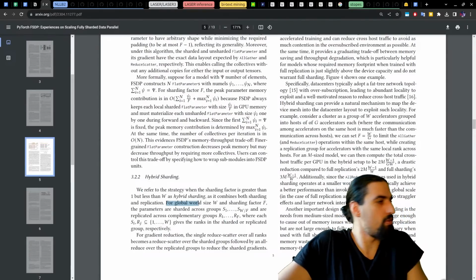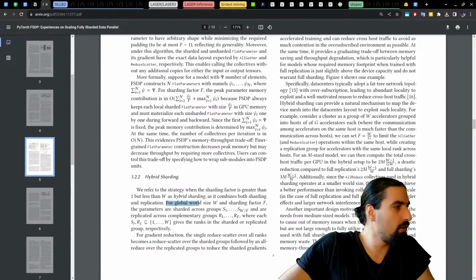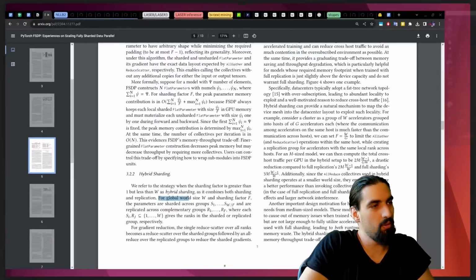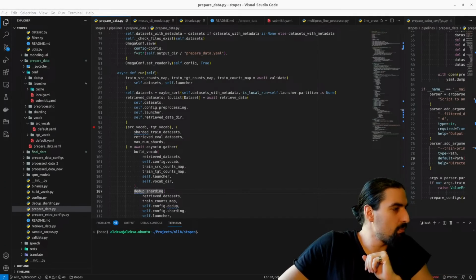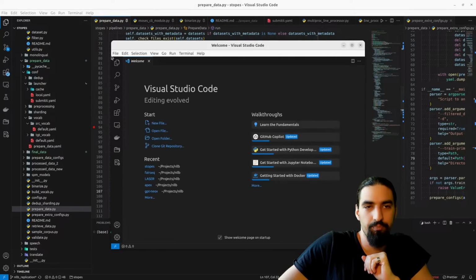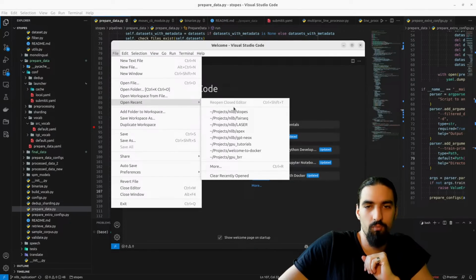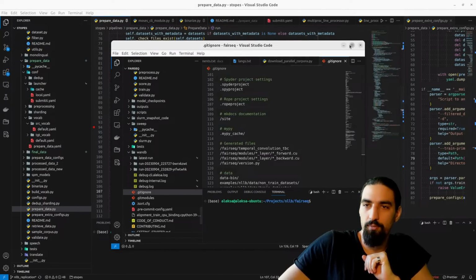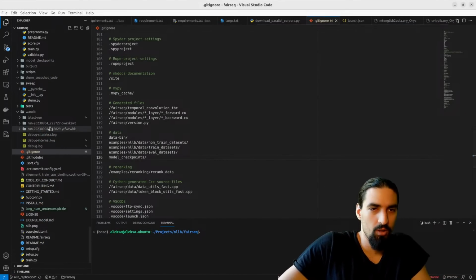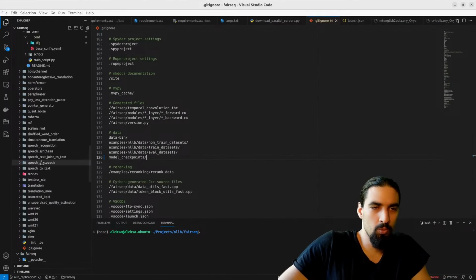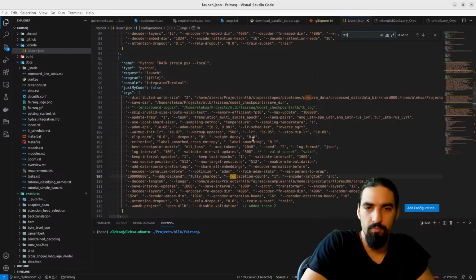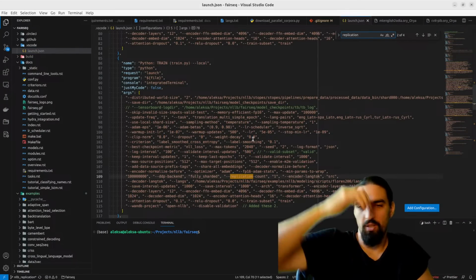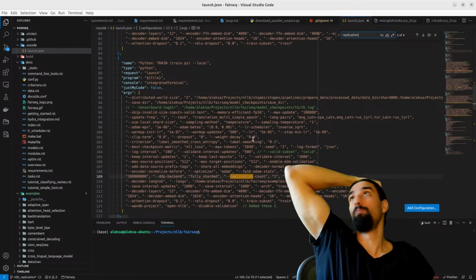Talking about all of that, let me just open up FairSeq. This is Stopes. Let me just reopen FairSeq. If we go to long.json, replication count here is set to 1.